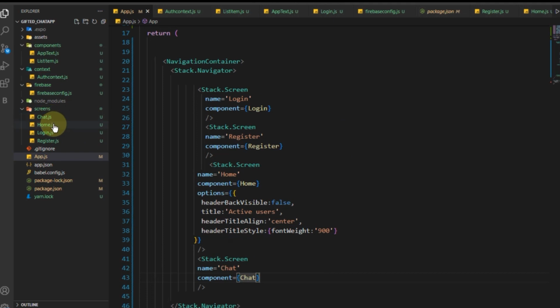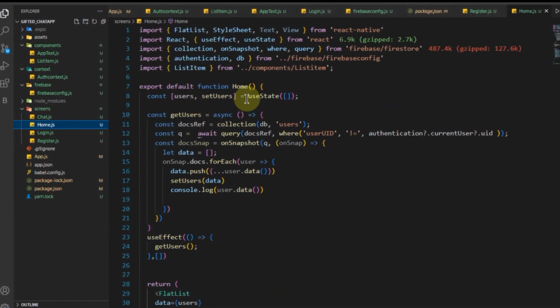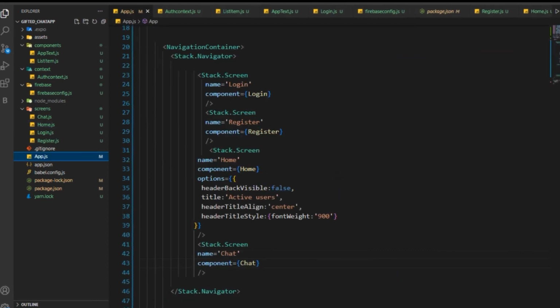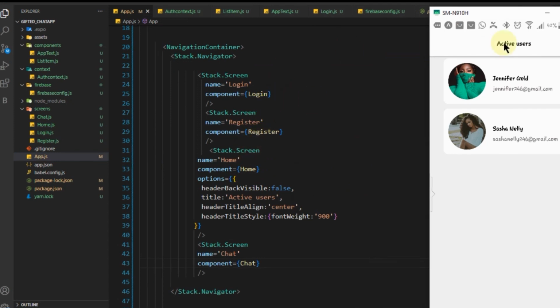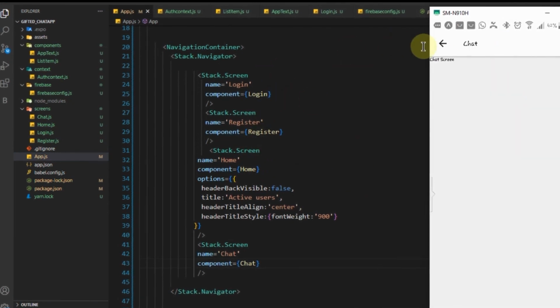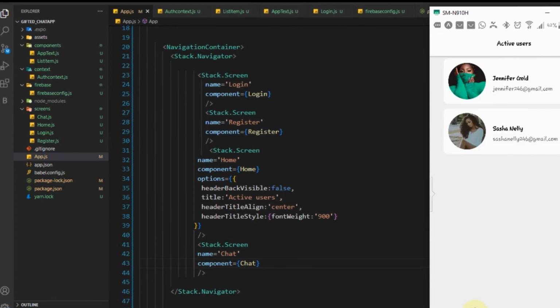So let's get back to our home. We need to take in the props of navigation, so this can actually work. So we have navigation. So let's try this now. Let's try to click on one of these. So you can see we are in this chat screen. So that is nice. So let's go back to our home screen,